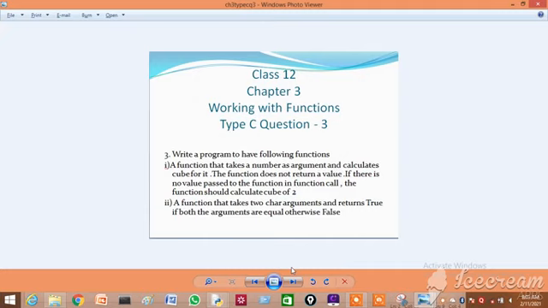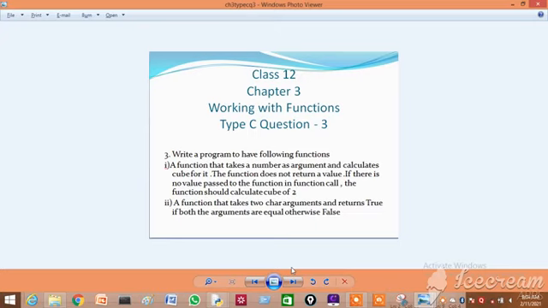In this program, what they asked you to do is create a function. It has a default value we have to give. While calling the function, if we are not passing any parameter, it has to take a default value. Otherwise, it has to work with the passed parameter. It has to calculate the cube of a number with the passed parameter. Okay, that is the first question.